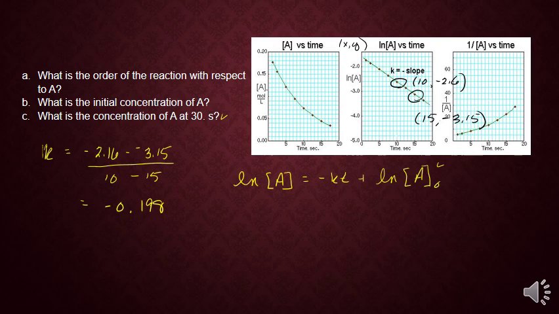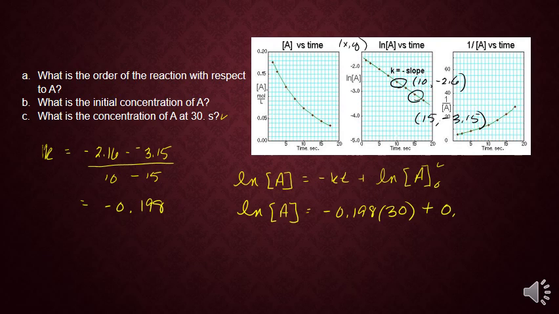And we already solved this a second ago. And we end up with the natural log of the concentration of A is going to equal negative 0.198. And we're looking at time 30 seconds plus, let's see if I can find where I wrote that other number down,